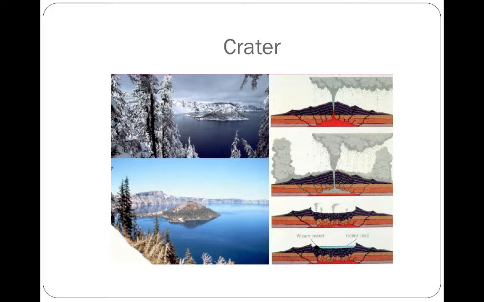An interesting type of volcano is the crater volcano. In this picture, you are looking at Crater Lake on the west coast. What happens with a crater volcano is that at one point it was either a shield or a composite or a cone of some sort. The eruption was so large, it blew basically the top off the volcano and left a crater. Crater Lake is a dormant volcano. It still has all of the necessary things to erupt, but it hasn't erupted in historical record.